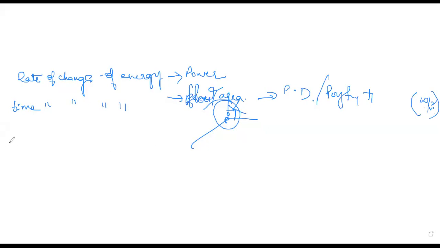So that is given by an equation. We already know this equation: S is equal to E cross H, where you substitute for H as E by Z naught. So it is E square by Z naught. We have seen this in module 4. So the Poynting vector is given by S is equal to E cross H, which is equal to E square by Z naught.